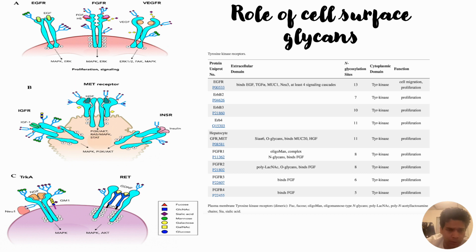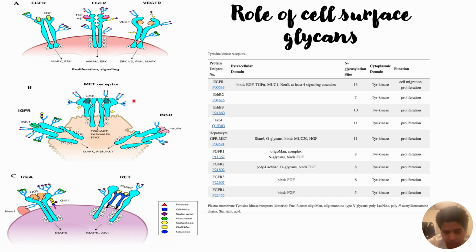Now let us quickly go to the MET receptors. MET, we have already covered in many of our previous videos. MET means mesenchymal epithelial transition. The cells that are in the mesenchymal stage are in transition towards epithelial characteristics. Mesenchymal means cells can move from one place to another, and epithelial means cells do not move from one place to another. So activation of these receptors will trigger transition of cells from mesenchymal type to epithelial type, and